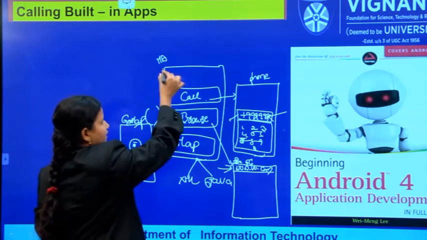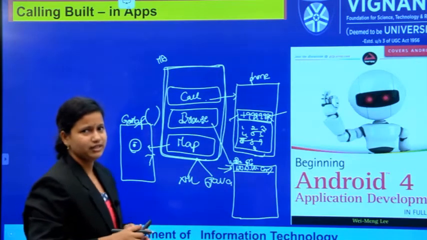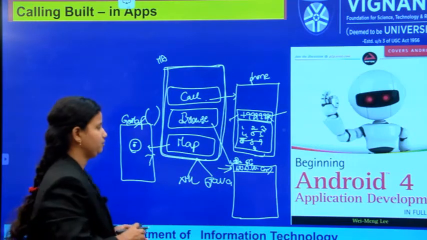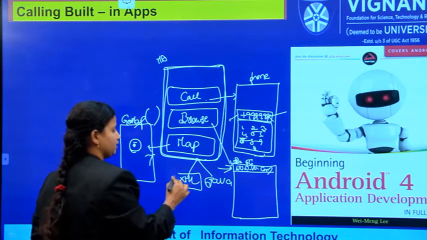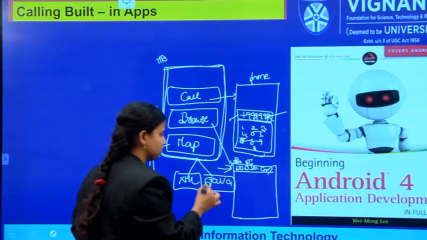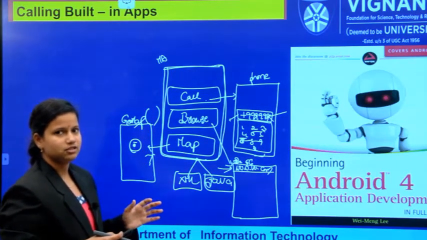So I am only creating this user interface, this activity. The activity has 3 different buttons, and for that we require an XML file. But what is the Java file? The Java file will contain the actions. In those actions